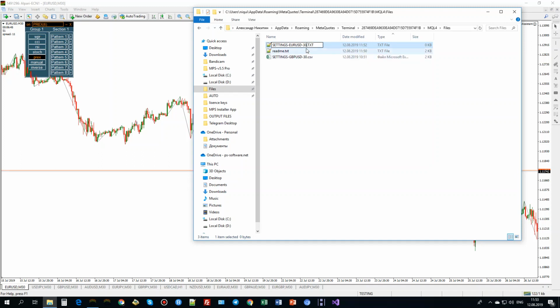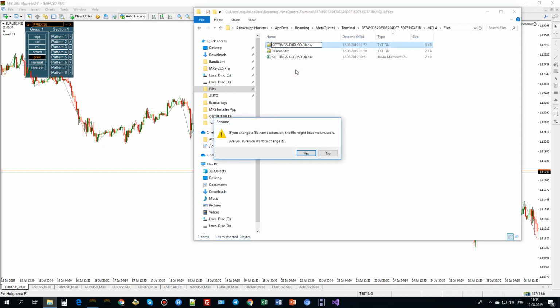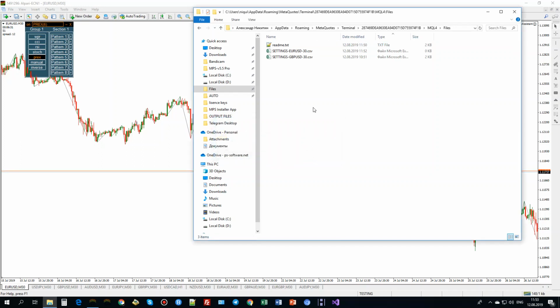Then you change the extension to CSV. If you change the file name extension, it might not be usable. Now Excel automatically recognizes the settings EURUSD 30 minute,